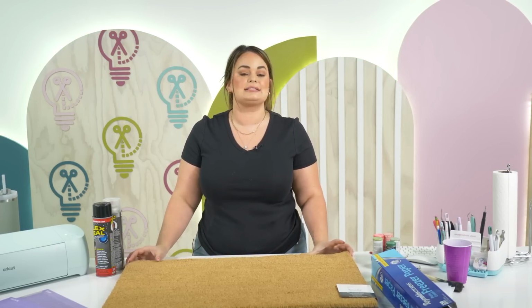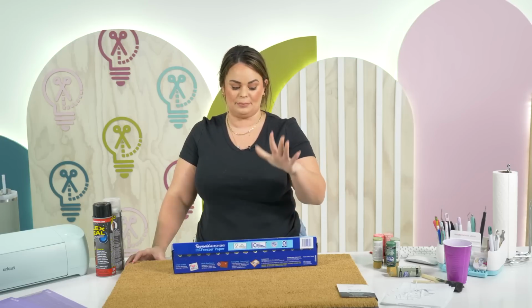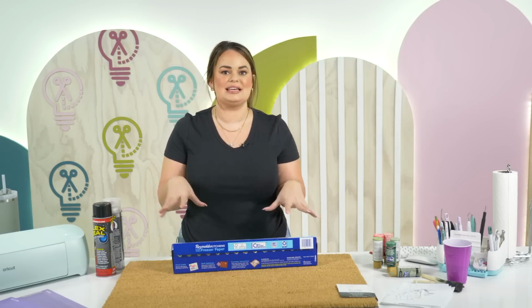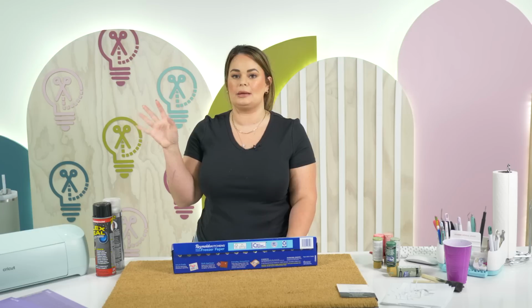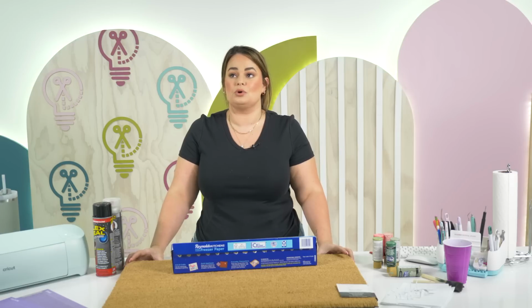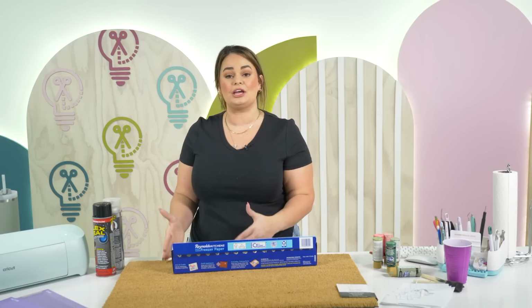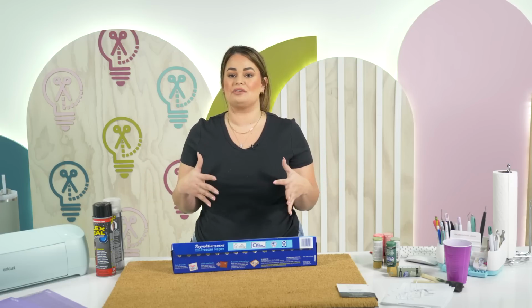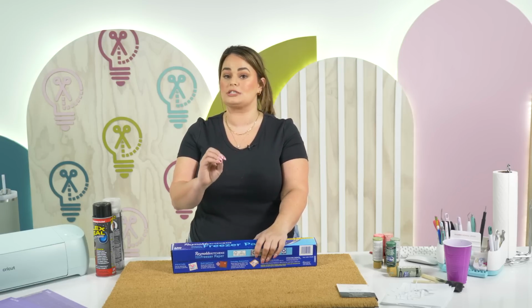Yes, Brenda, it was the exact same brand of freezer paper both times. It was the Reynolds Kitchen freezer paper, and the one we had was so old that the packaging had changed. That's how I knew. We keep it in a plastic container, closed up, sealed, so I don't think humidity would have done something. But either way, if it's not sticking, that could be your issue. I did see somebody in our Facebook group say they were having issues with it sticking, so it wasn't working. Definitely go buy a new pack of freezer paper and see if that works